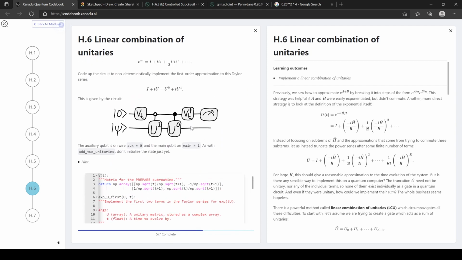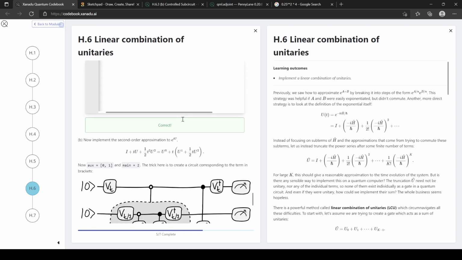All right, there we go. Because as we see here, the U of 0 is just the identity. Now implement the second order approximation of, right, so now we have this part which we did, and then we have,